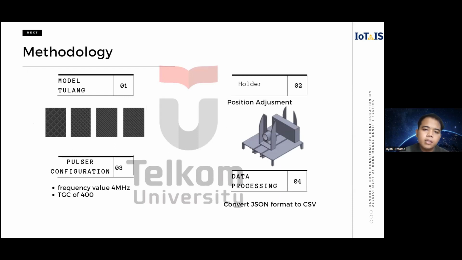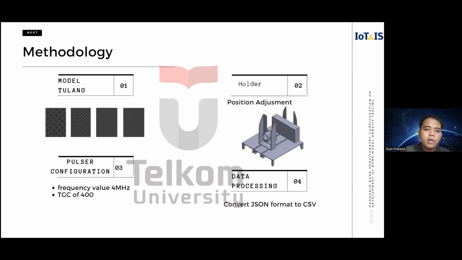Okay, let's continue with the next part of our presentation, the methodology. We will detail the steps taken in the development of the configuration for bone density measurement. Firstly, we will discuss the creation of the bone model that forms the basis of this research. This model is a visual representation of bone density made using PLA material. In this experiment, we choose to use 4 different types of infill of the bone model. Infill with 30 and 50% density will represent osteoporotic bone condition, while 70% infill will represent osteopenia bone, and 90% infill will be the representation of normal bone.